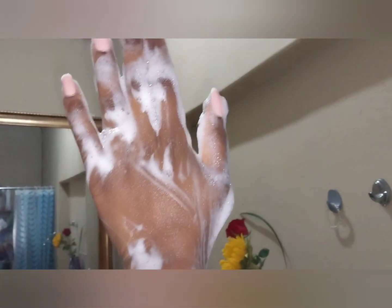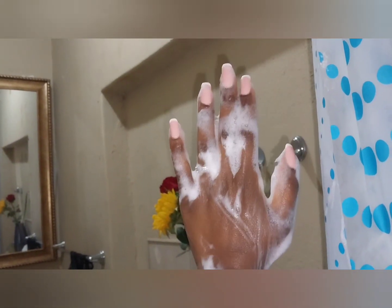So once I've done that, I've washed, and I'm all nice and soapy, my skin is lathered. I hop into the shower and I rinse everything off. I rinse it off, make sure all the soap is off. I rinse the towel as well, and then once all that is off again,